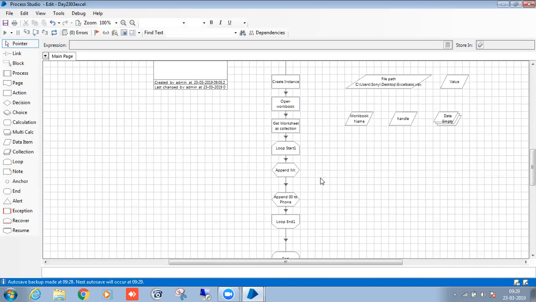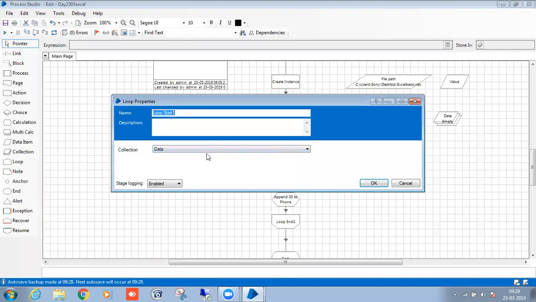Hi Chilu, Rohit here. Can you show me the inputs which we have taken in the loop to start? Collection. Okay, so it will start from 0 and it will end automatically on the last record. So we do not have to provide any initialization? No, nothing. This is not a code language, it's just a tool which has all the stages, so those stages only you have to perform. Okay, great. Thank you.